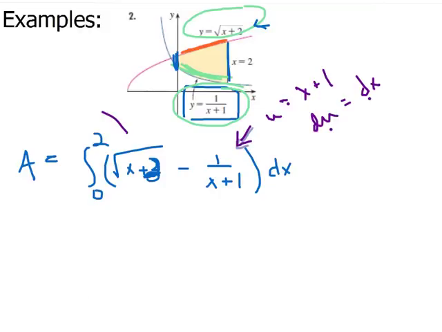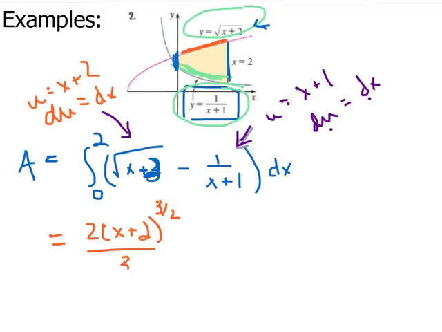Now over here, let me try a different color. Your u is going to equal x plus 2. And again, du is just dx, so we don't have to worry about a coefficient there. Hopefully now when you integrate this, you're to the point where maybe you can go, okay, u to the 1/2 over 1/2, but I'm actually going to put my u back in, and integrating u to the 1/2 gives me u to the 3/2